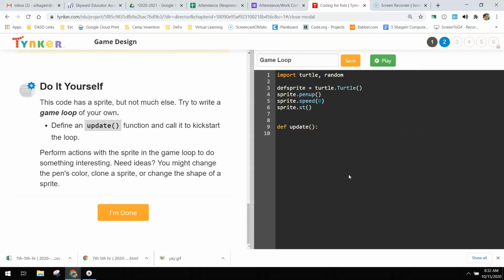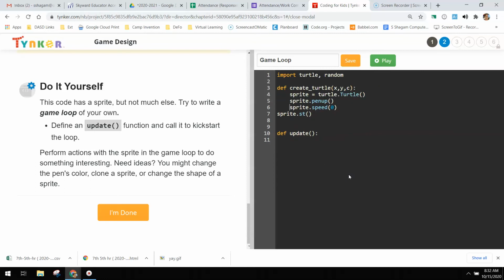So let's define, we'll name it create turtle, that's fine, and we'll give it an X, a Y, and C for color,